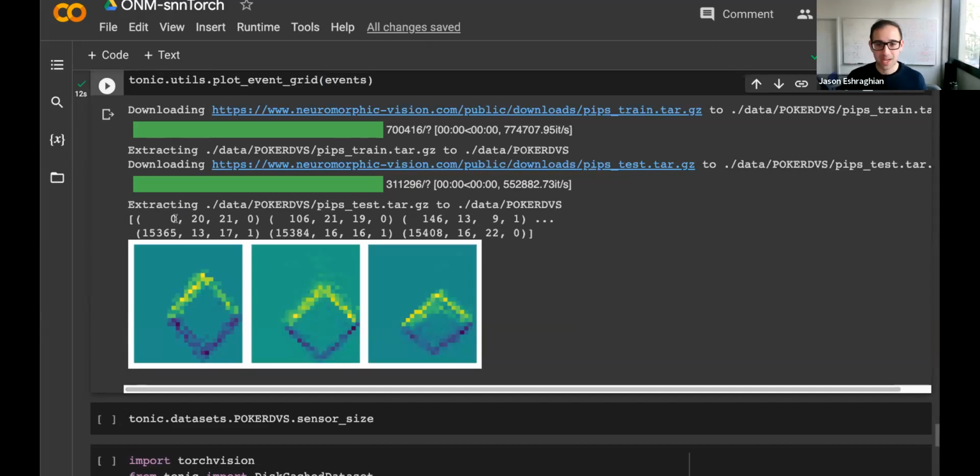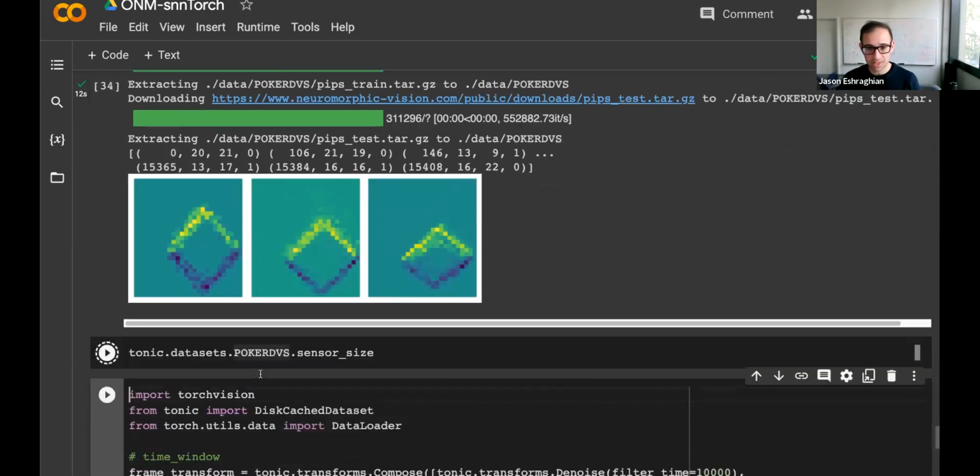These are the events, and I think the first is, what does this all mean? Gregor, what does this mean? So one of them is the spiking at the, oh, that's right. The first entry would be the time step of the spike. The second and the third entries are going to be your XY dimensions. My man, he just answered in the chat. Thank you. And the final dimension is, I believe, whether it's an on or off spike. An on spike corresponds to an increase in luminance. An off spike corresponds to a decrease in luminance. And if there's nothing there, then you don't generate a spike.